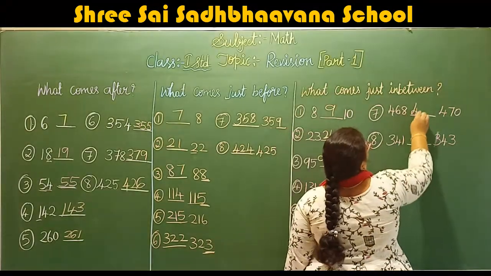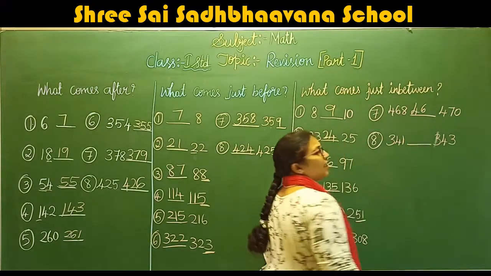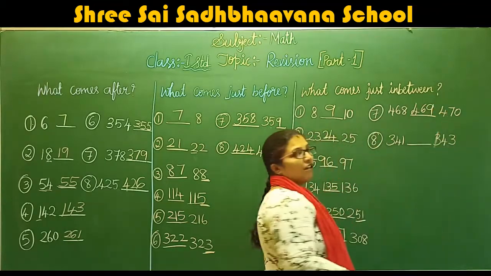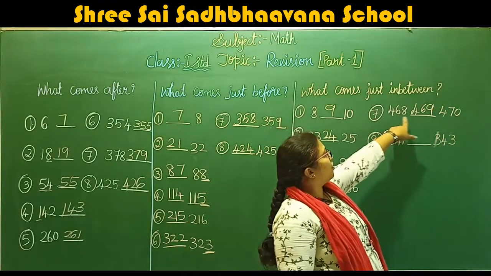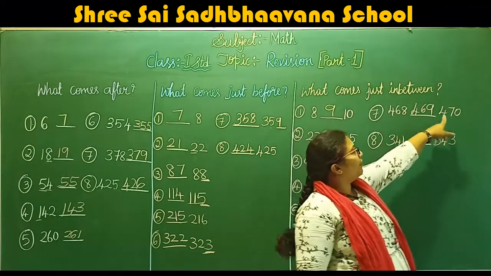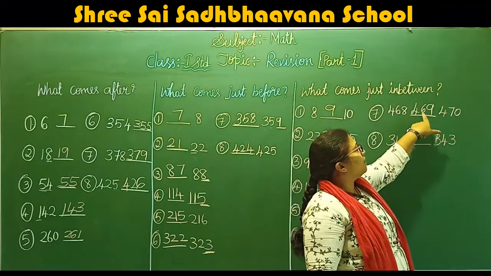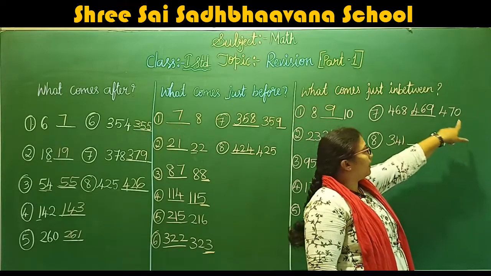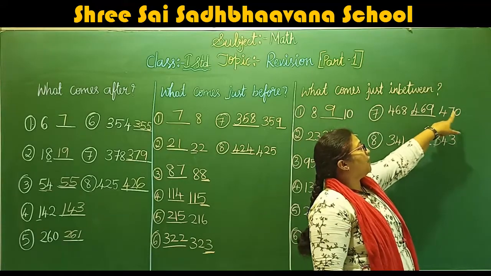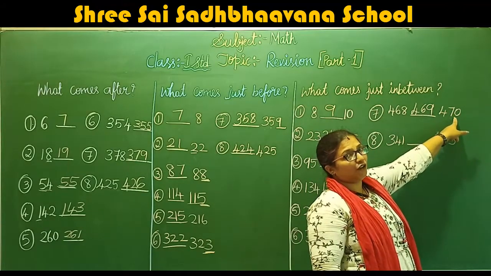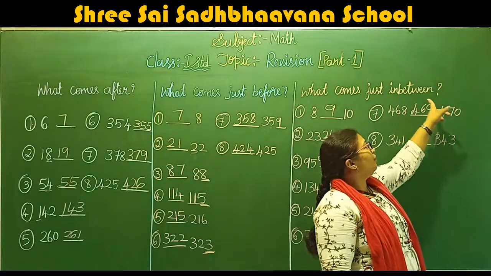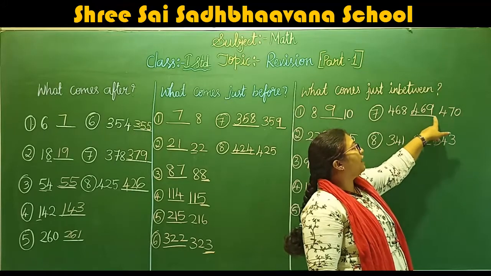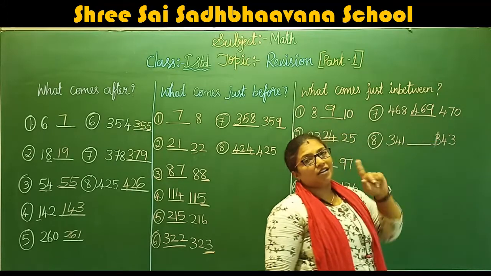468. So hundreds place and tens place will be same. What is the next number for 8? It is 9. See? So here automatically change 69. So what it becomes there? It becomes one more number extra. So 6 after number is 7. So 9 after number is 10. So we write there 0. The 1 will go to here. Right? So this one becomes 7 and this one becomes 0. Understood?